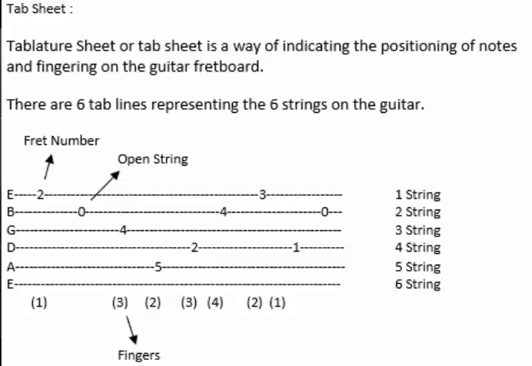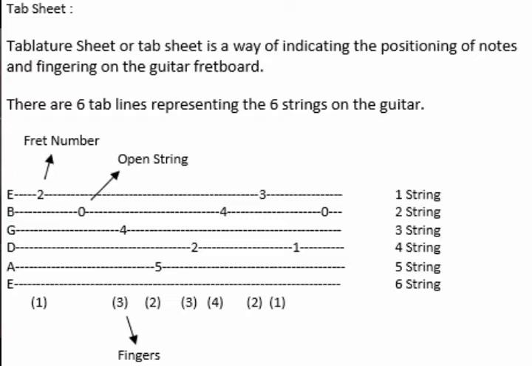So on your screen you will see this image where you will see 6 lines which are also the strings. So you will see E, B, G, D, A, E. But remember, in a tablature, the strings are always on top. So for example, your E string, the low E string and the high E string will be the opposite of how it's on the guitar. So in a tab sheet, the thin E string will be given on top, while on the actual guitar it is below.